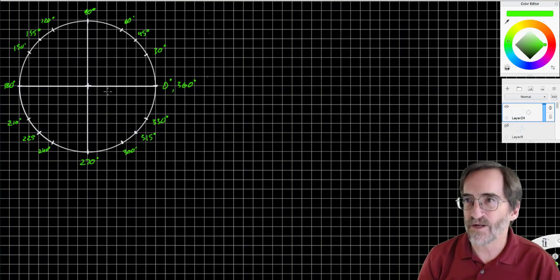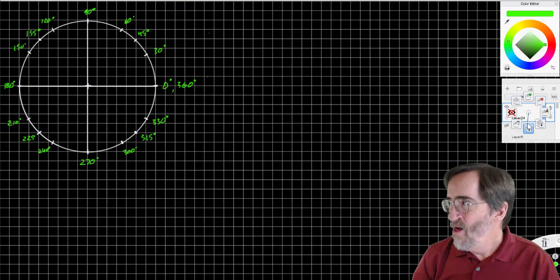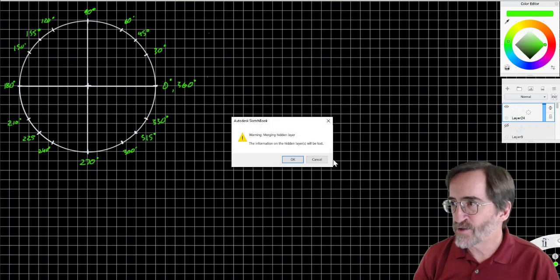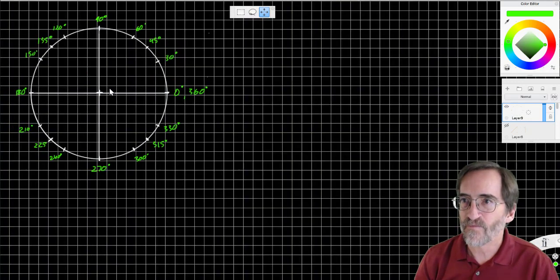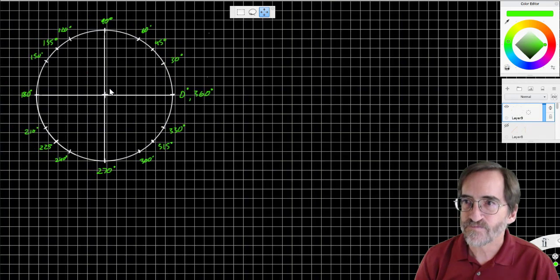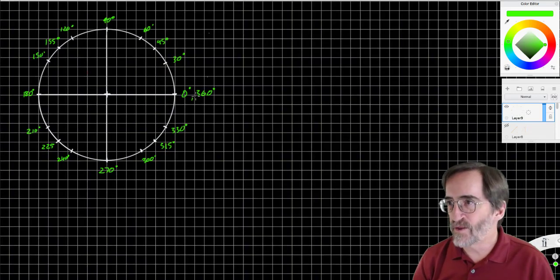Let's go ahead and put in the radian measures here. And actually I'm going to merge and move this layer a little bit, so we have some play room here. Okay. All right, now let's put in the